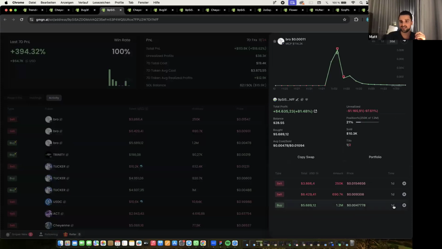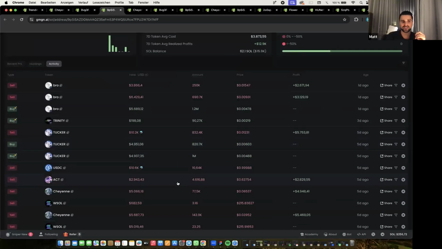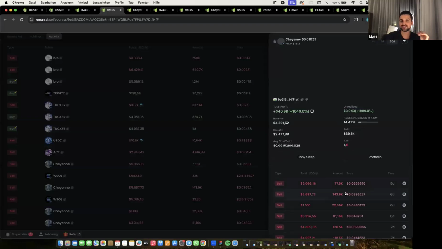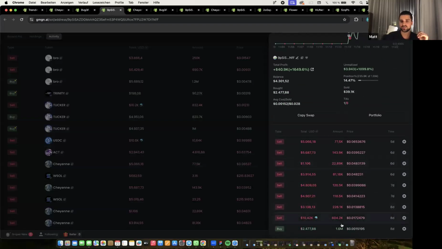So you can see here, he entered at what time, and you see he made 81%. Same thing, we can go deeper into it. For example, here, if you don't see the buy, just click on it and you will see all the buys and the sells when he did it. So for example, here, you can see the buy for $2,400 and what's time? 20:33. And he was selling at